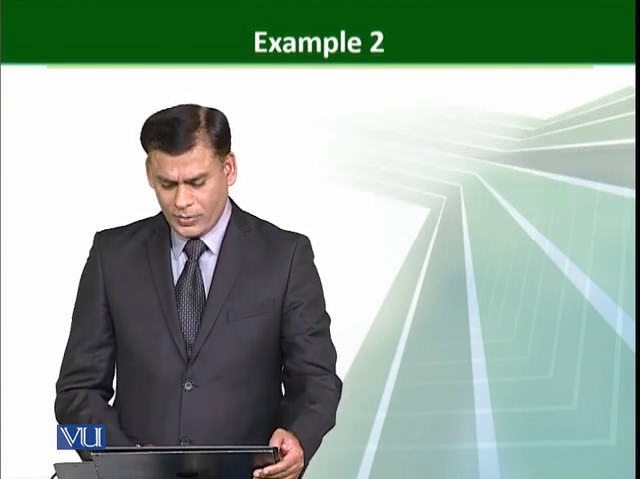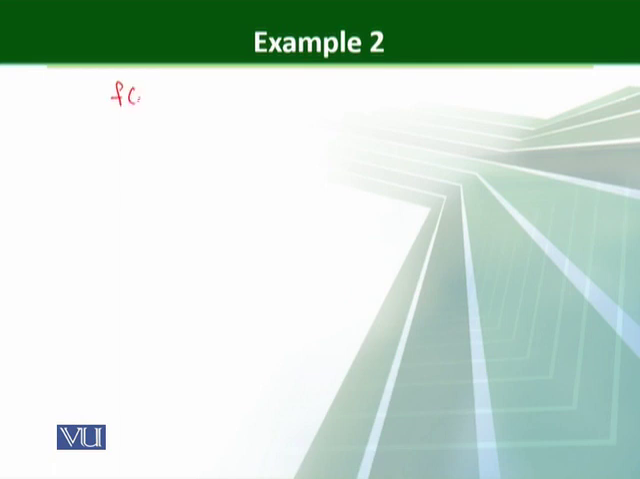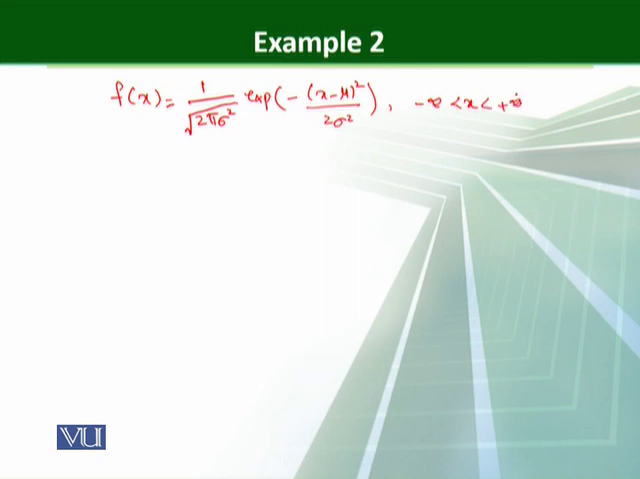So how do we proceed for this one? We know that the PDF of the normal distribution is f of x equals 1 over square root of 2 pi sigma square, exponential of minus (x minus mu) whole square over 2 sigma square. And we know that the normal distribution lies between minus infinity and plus infinity. Now first of all we take the log of this function. So log of f of x is actually minus